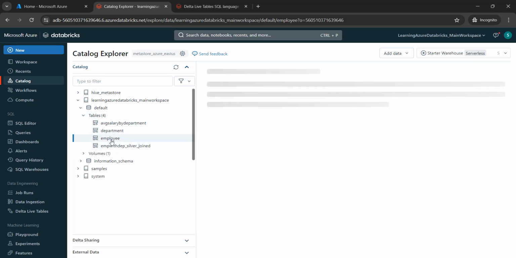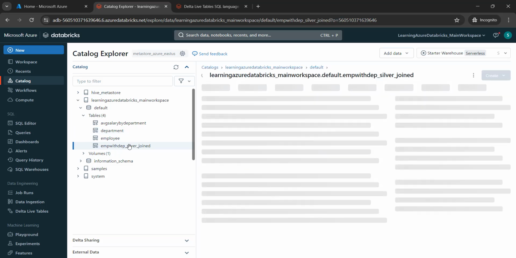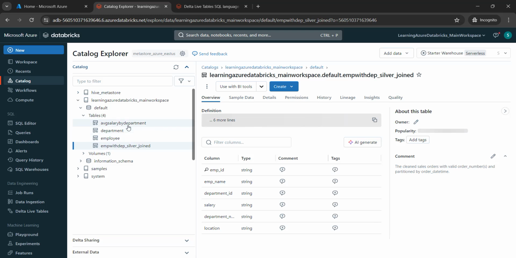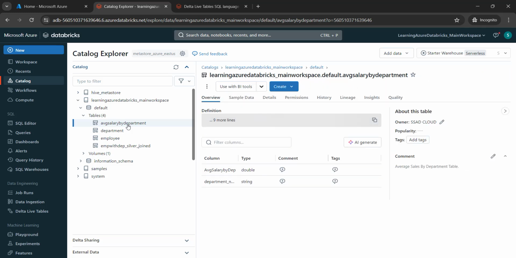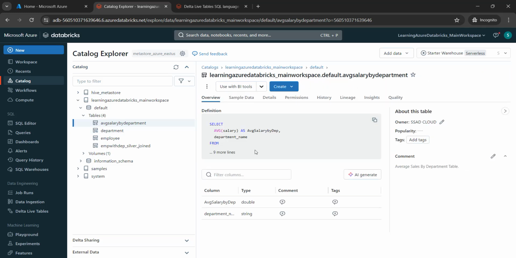One is your employee table, which is at the bronze layer, the department table, once again at your bronze layer, followed by the employee with department table, which is a join table at the silver layer. And then we are concluding at the gold layer, which is expected to give us the average salary by the department. So in order to view the outcome, we can now